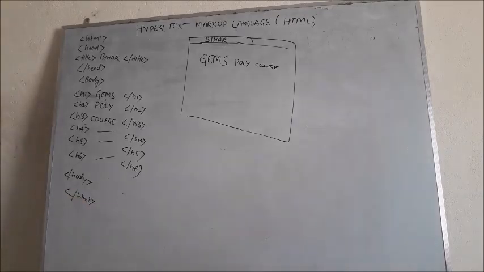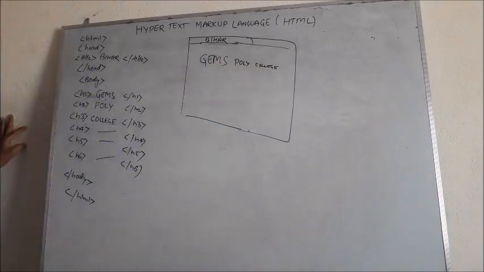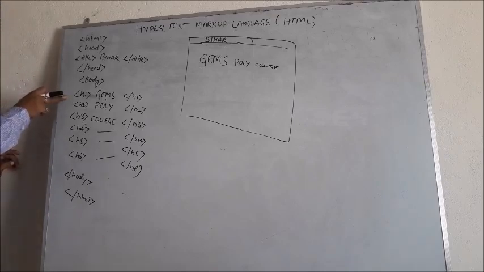So in the first example I have tried to make you understand how the text can be written with different fonts by using these headings, that is h1, h2, h3, h4, h5 and h6. Again I am reminding you कि h1 का जो size होगा वो सबसे बड़ा होगा और h6 का जो size होगा वो सबसे छोटा होगा.